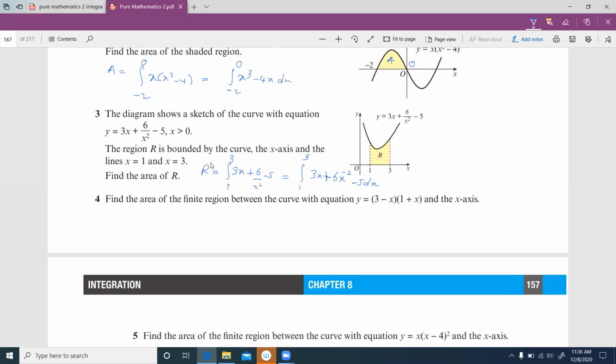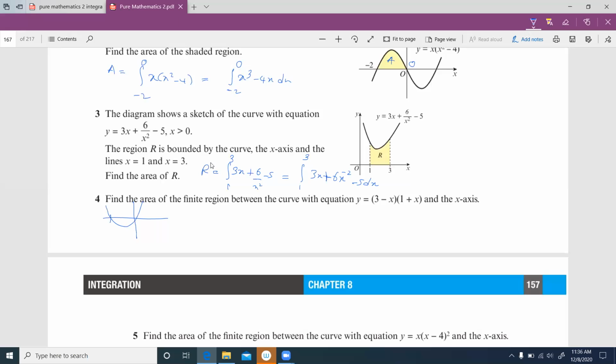Then they ask to find the area of the finite region with the curve with the equation (3 minus x)(1 plus x). If you sketch this graph, it's a graph with a negative coefficient. If you expand this, the coefficient of x squared is negative. Therefore, it's a graph with a maximum. Here the coordinate is,